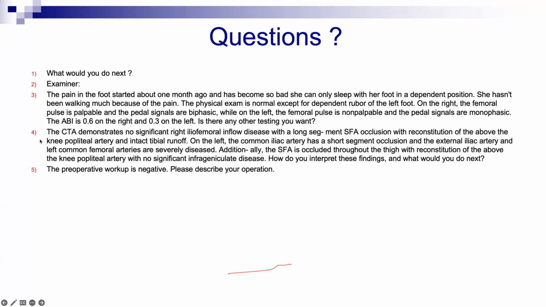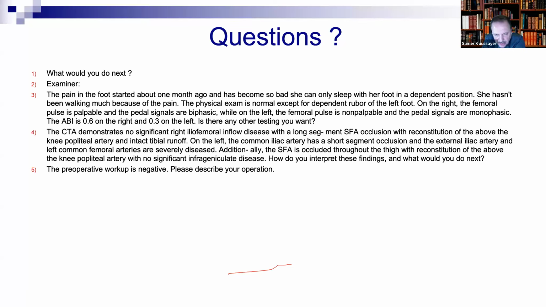No significant right iliofemoral inflow disease on the right. So you can go from the right, put a sheath, go up and put a big tail, so you know where you end, do an aortogram, then you start your recanalization, okay? If the right is diseased, you go from the brachial artery all the way down, put your big tail and shoot an angiogram. But you cannot cannulate an occlusion without seeing your distal end, the aorta. You understand? So you have to do this first, okay?